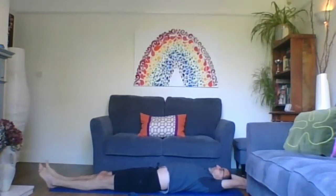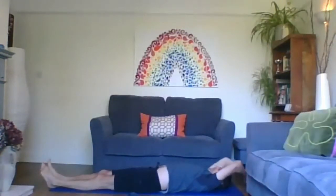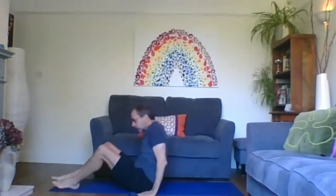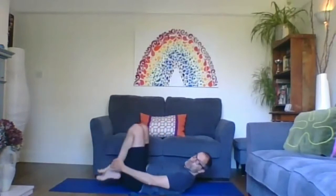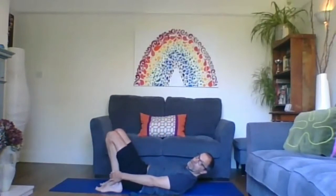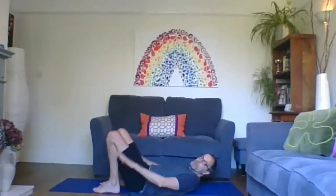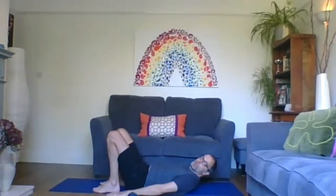And the final bit of this sequence now is to just simply bring the feet in towards the body. So as close to the body as you can get. We're going to come into a gentle bridge. And then just feet are parallel, but just make sure you can see the outer edges of the feet by the side of the hips. So you can just about have a bit of a peek at them. Keeping the knees sort of moving towards each other as we do this, not letting them sort of splay out to the side. Placing the hands on the floor, palms facing down, head back on the floor if you're looking up,